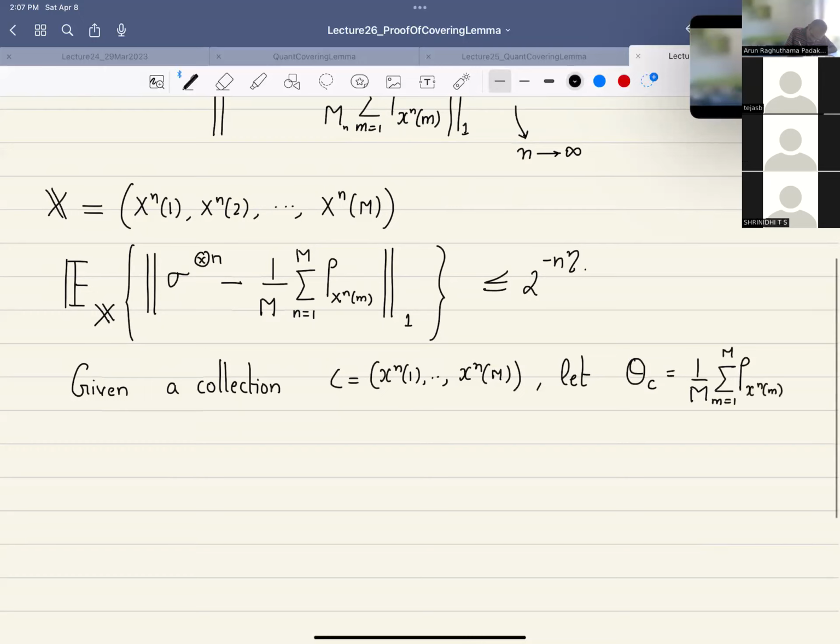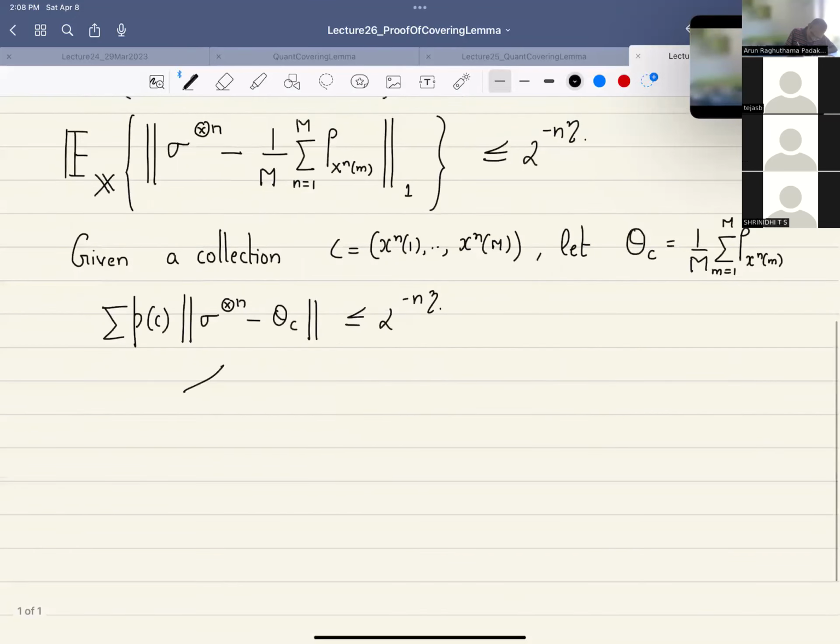My collection is fixed, little xn of 1 to little xn of m, and this is my theta C for that collection. So what we are looking at is pick every collection with some probability, and then you look at this sigma tensor n minus theta C. If this is less than 2 power minus n eta, then clearly at least one of these guys should be less than 2 power minus n eta. Otherwise, the average will be more. That's the idea. So this implies there exists a C star for which